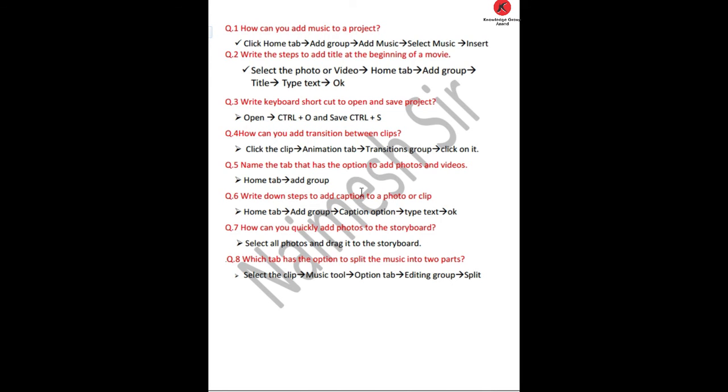Okay students, so this is all about chapter number 4, Windows Live Movie Maker. Please use this software to accelerate your knowledge in creating videos. In this you can create your own videos like birthday videos, and WhatsApp status also you can create, because you can add photos, videos and text and also animation. If you have a computer, you can create videos on your computer, and kindly send me if you have made an interesting video. Please send me on WhatsApp or on my Telegram channel.